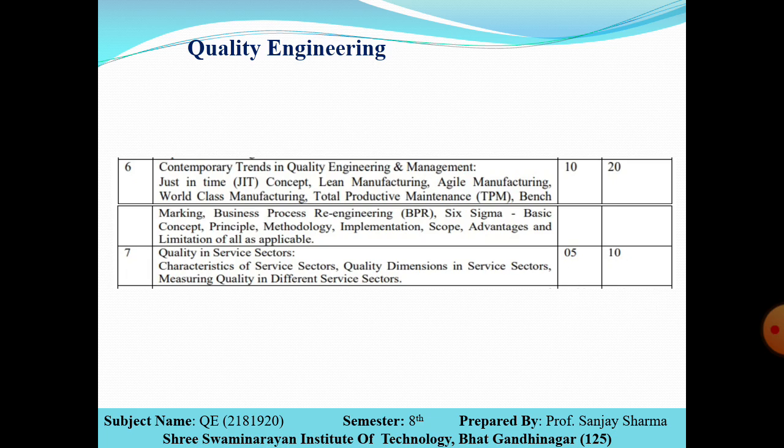And the main reason for placing this subject in the 8th semester is that the students of mechanical engineering must have a clear vision that in future you may be going for your own production house, or you may be joining the quality engineering department or manufacturing department. So you should know all these parameters,